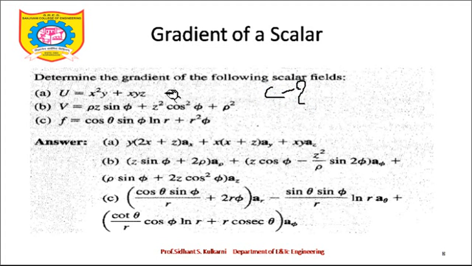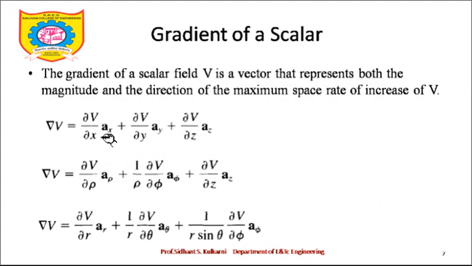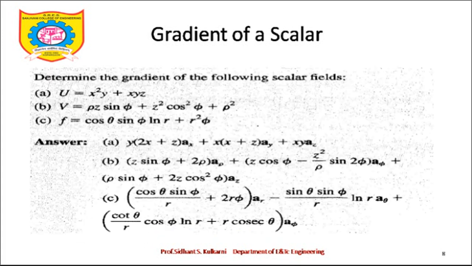Second thing you ask yourself, what am I supposed to calculate? I am supposed to calculate the gradient. Go back to the formula, apply the gradient formula for the Cartesian coordinate system and try to solve. The answers are in front of you, just try to solve it your own way. Then v is equal to rho z sin phi plus z square cos phi plus rho square. Now if I do remember, this is the entire v for me. Okay, put it in brackets. If you are getting any problem, put it in brackets.